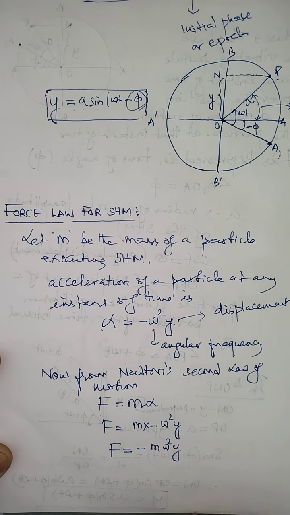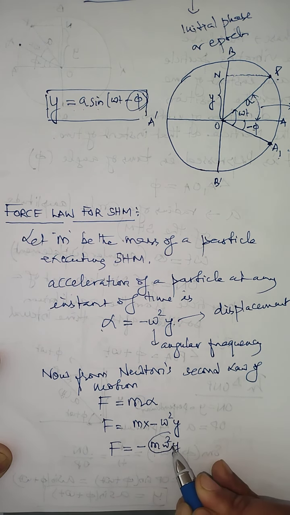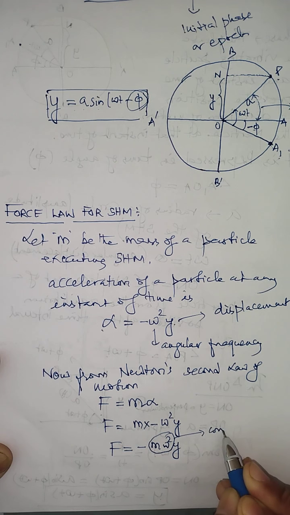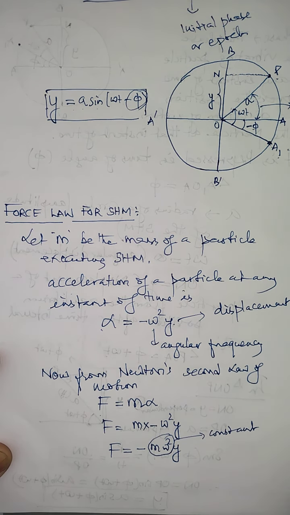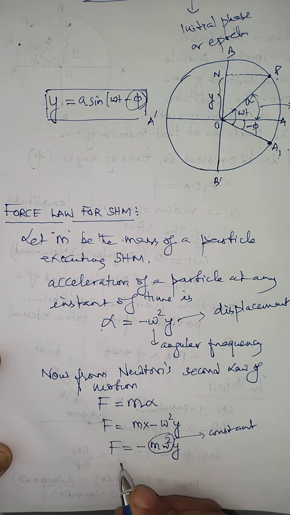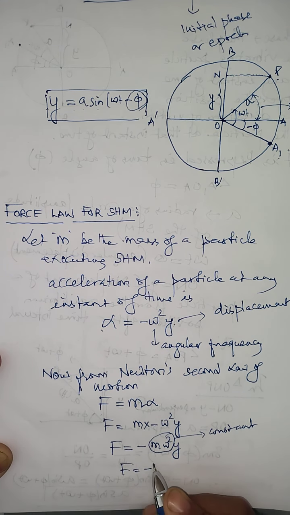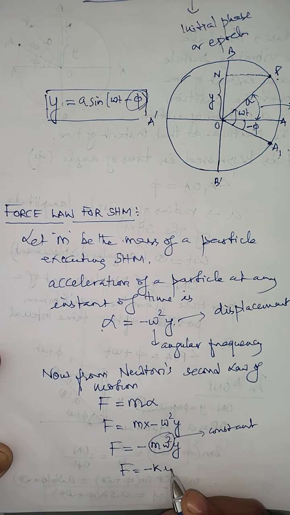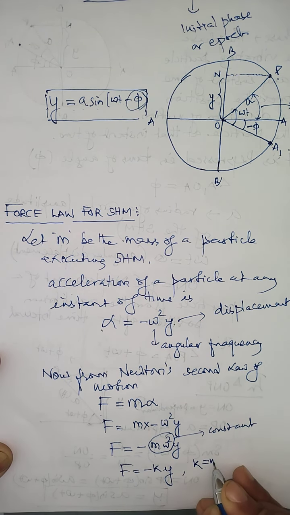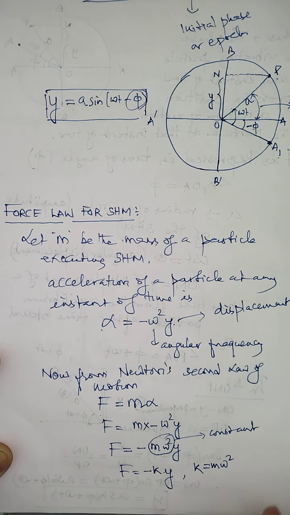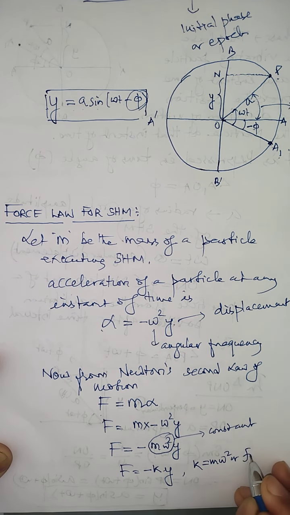Now in this relation, m and omega square are basically constant, because the mass of the particle remains constant, and the angular velocity also remains constant, which means F equals minus, let me write k as a constant, into y. And this constant k, which is m omega square,